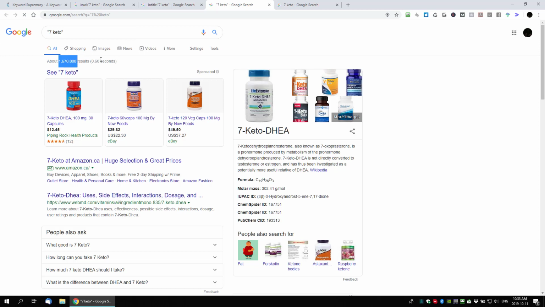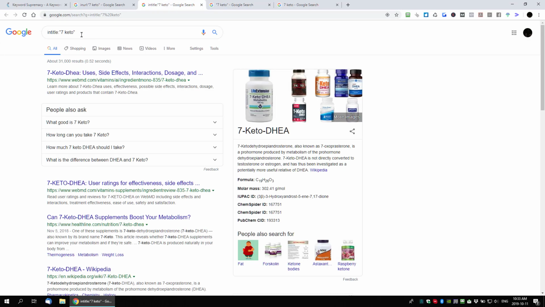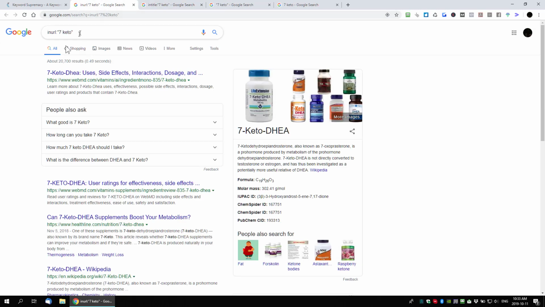You can see the phrase has a lot less than the broad. It'll do an in title search as well, and then it'll do an in URL search in Google, and what you're looking for are these numbers. And if you're interested in learning about what these numbers mean and how to tell if things are easy or